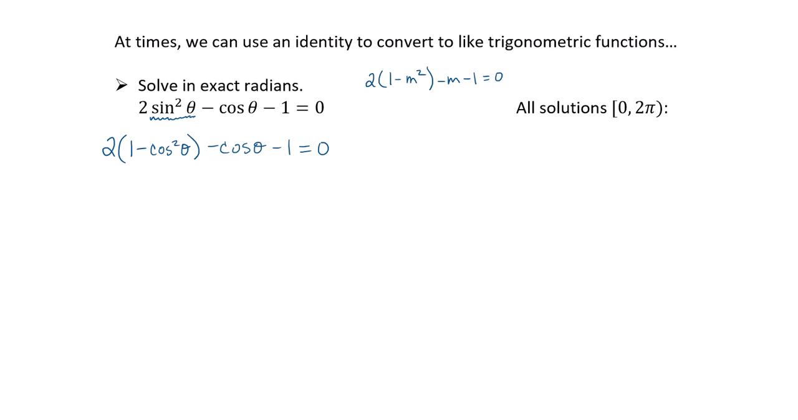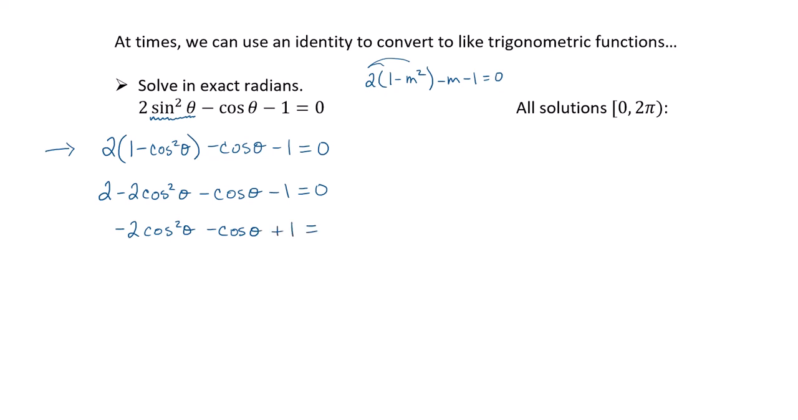To be able to solve that, we need to get this all distributed, collect like terms, get things in descending order, and try to factor in order to solve, because this is a quadratic. So this is a quadratic trigonometric equation. We do the same steps just using those trig functions. So this will be 2 minus 2 cosine squared theta minus cosine theta minus 1 equals 0. So this is a negative 2 cosine squared theta minus cosine theta